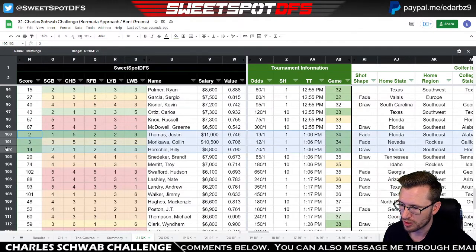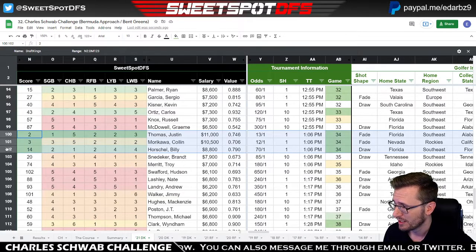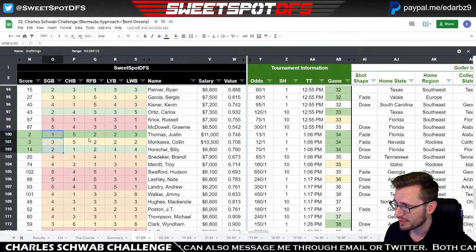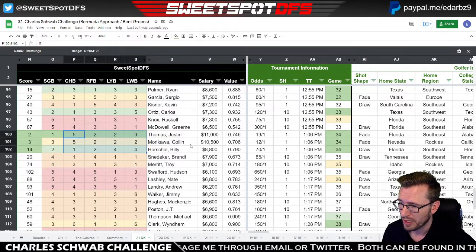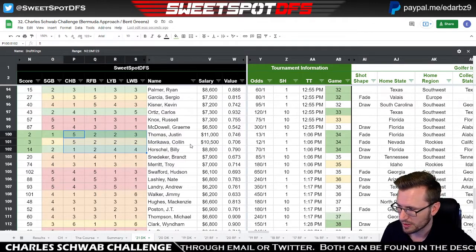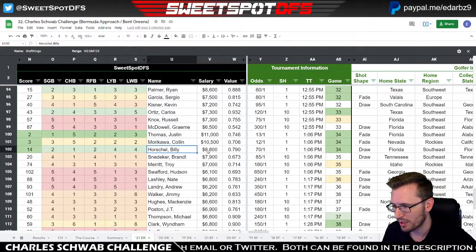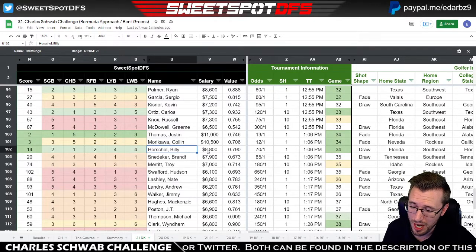Billy Horschel, Colin Morikawa, Justin Thomas. Is there really anything we need to say about these guys? They're all in good strokes gained buckets, and the rest of the buckets are okay. We'll talk more about that when we get into it. But these are high quality players. Billy Horschel, $8,800. You can make the argument that might be a little too high, but